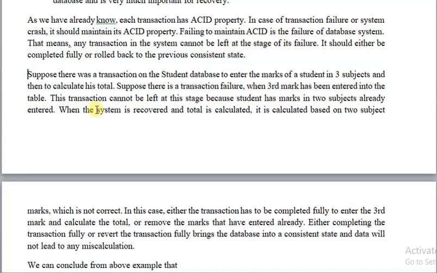So the calculated result is wrong and it is representing an inconsistent value in the database, and we can say that the database is in the inconsistent state. So what I am trying to say here is, even during the time of transaction failure it is necessary to recover the database into the recent consistent state.